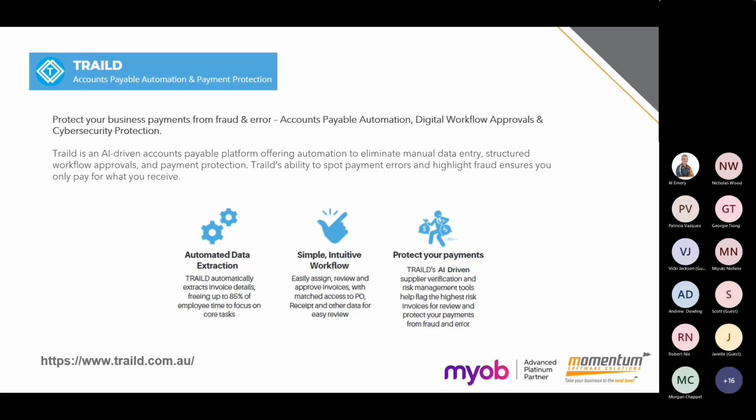And then for the payment side of things, it'll go through an approval process. I will first approve the invoice and then approve the payment. Then further down the track, Trailed double checks the invoice for duplication. It'll verify ABNs, or valid ABNs. So it looks for any bogus invoices coming in from suppliers and makes sure they are correct invoices, not being fraudulently given to you.